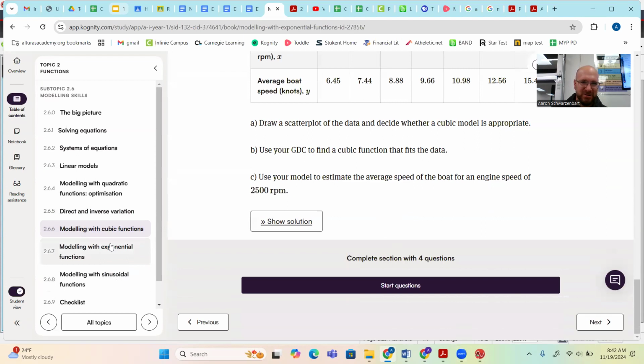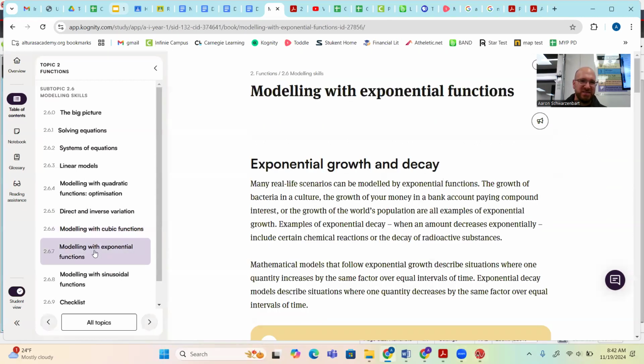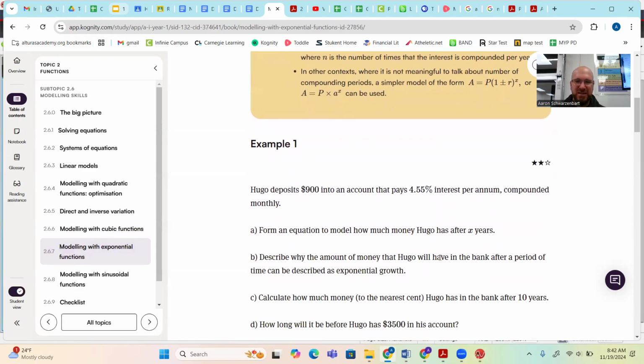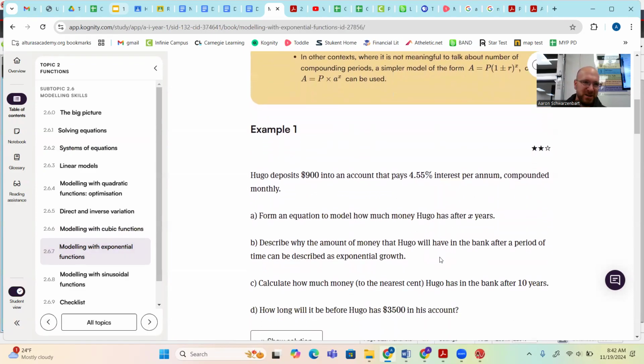Now we're going to talk about doing it with exponential functions. Exponential growth or decay. A couple of things here. This is your basic exponential form. If x is positive, I'll write that as x is greater than 0. Growth